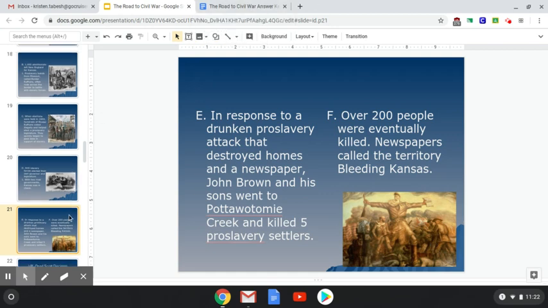So this right here is where we're going to stop today. Continue to think about what is leading up to the Civil War, these events that are taking place, the cause and effect of these events, what's happening in government, what's happening in the day-to-day lives of citizens that are living in different territories, for example, in Kansas and Nebraska and California along the Missouri Compromise line. Think about these things as we go forward.